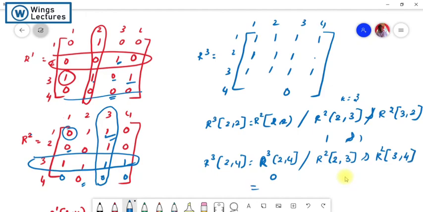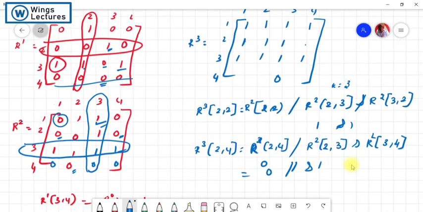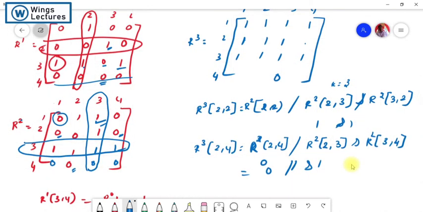R2 of 2 comma 4 is 0 and R2 of 2 comma 3 is 1, but R2 of 3 comma 4 is going to be 1. Then what is going to be the value? 1, right? So for the last row,